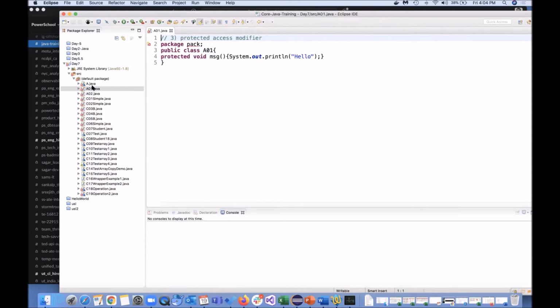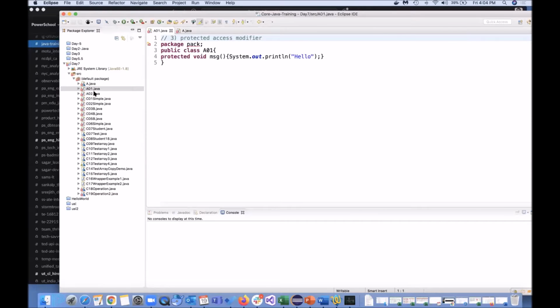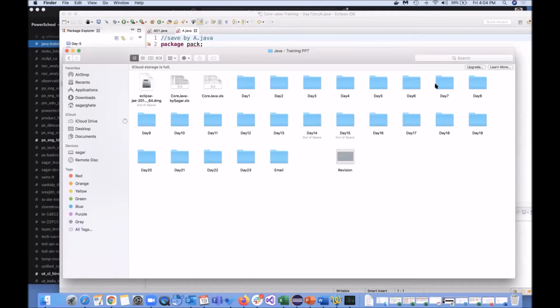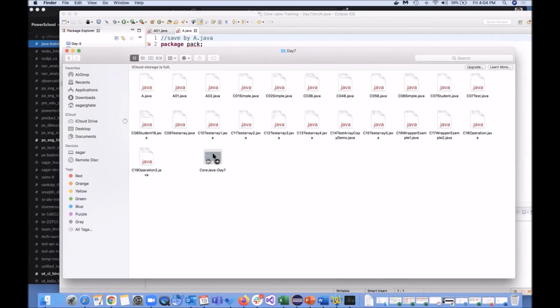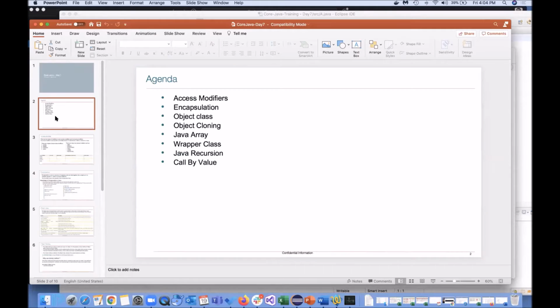So we have seen this program A01 for protected access modifier. No, I think last sessions which we had. Let me open the sheet quickly. So we have seen this